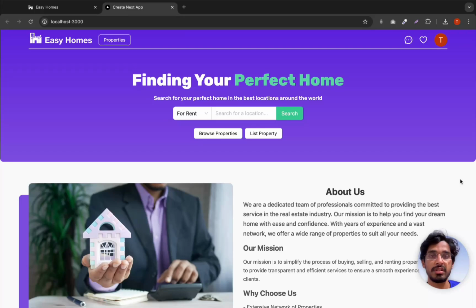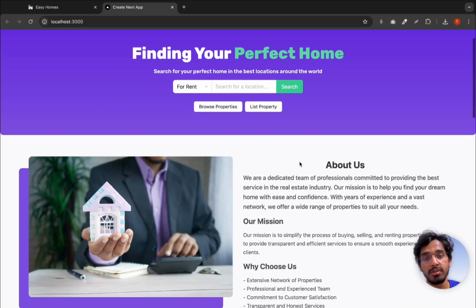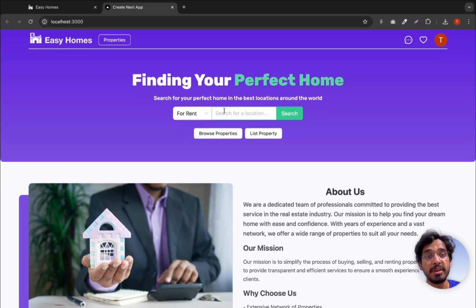Hey everyone, in this video we are going to implement the feature to search properties. Alright, so we have a search box here implemented in one of the earlier videos. We had just left the placeholder, so if I type in anything over here, nothing actually happens. So let's bring this feature alive and let's also create a server action such that when I type the property